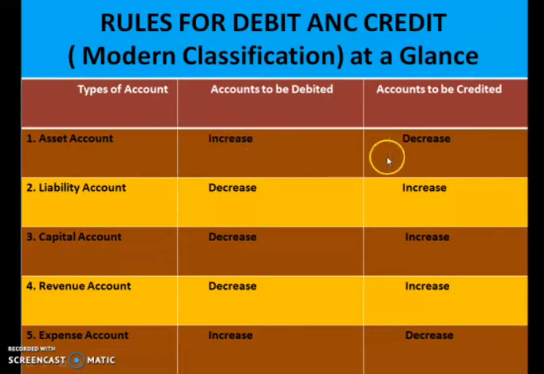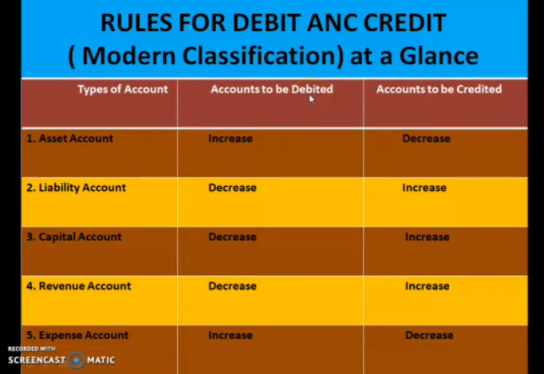Your cash is increasing. Cash is an asset. Children, cash is an asset. Because a business is started, cash is coming into the business. So cash has increased. So what are you supposed to do to cash? Cash should be debited. Okay, remember, cash is an asset, because when a businessman brings cash into a business, cash will increase in the business. So that will be debited.